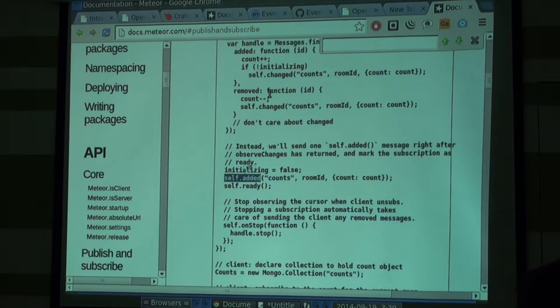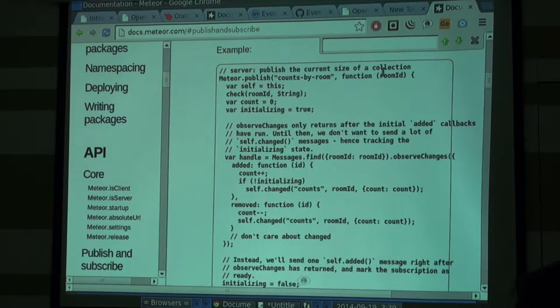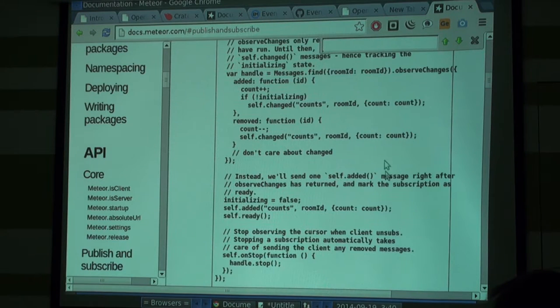Sorry, it's not for every room, it's for a specific room. You can see that when you are subscribing to that publication, you give as a parameter what room you want to get information for. If we take the example that you gave, if you want to publish information about a certain stock that you might receive from Yahoo Finance, you'll have a publication that receives as an argument the symbol of that stock, and when you just begin, you start by sending, say, the last quotation for that stock, so that will be added,